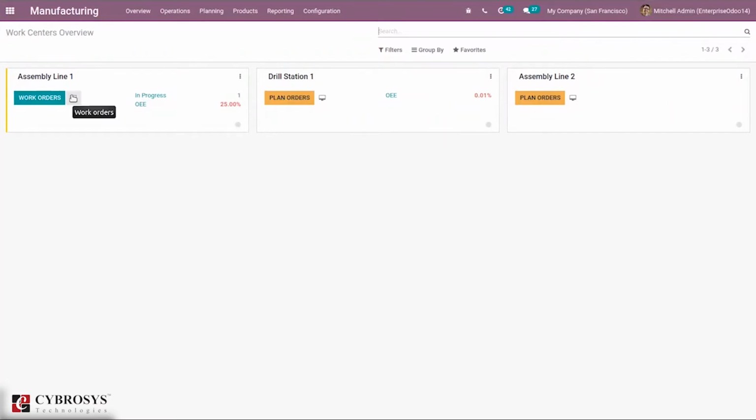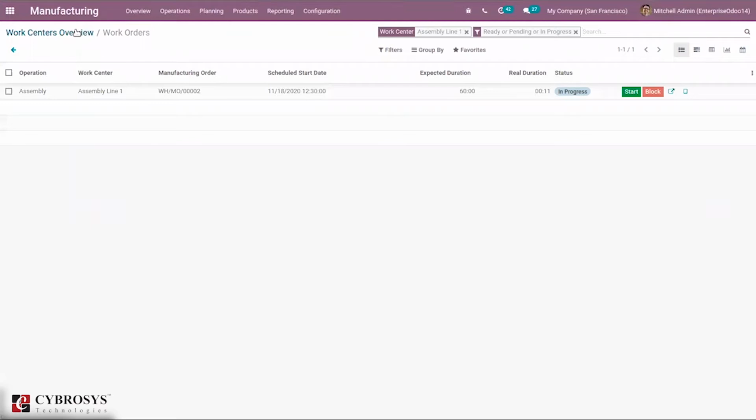And by clicking this also, you can see the work orders of your work center. You can see the operation, work center name, then manufacturing order, the scheduled start date, and expected duration of that operation. Then from here we can continue the process.